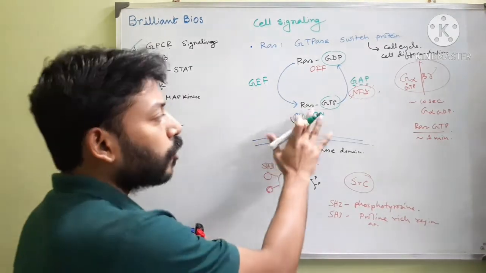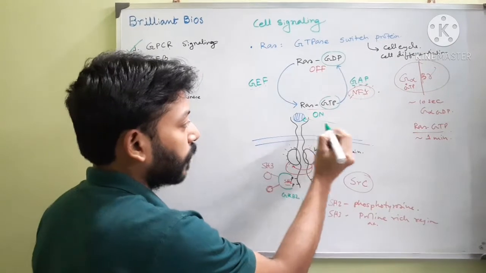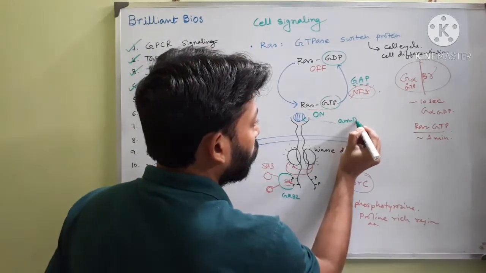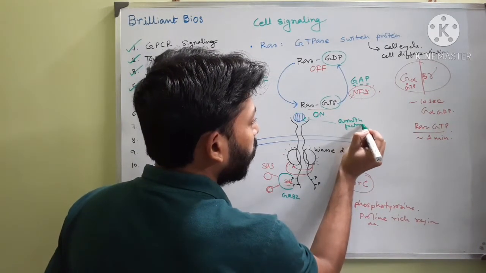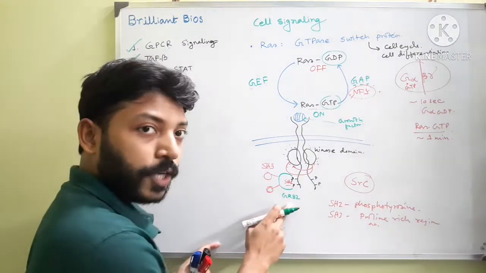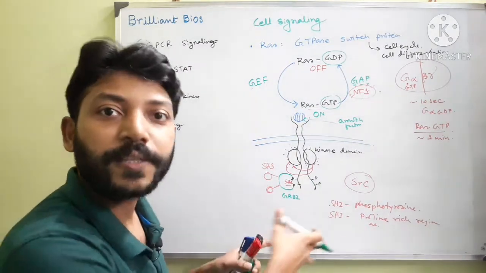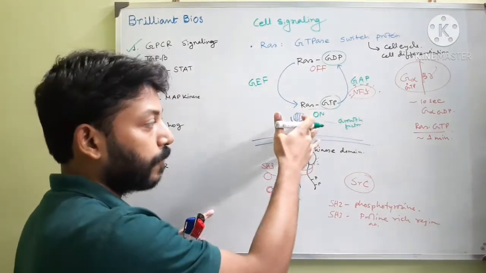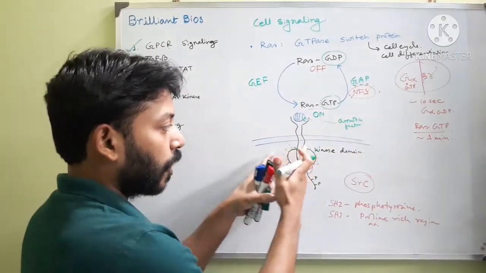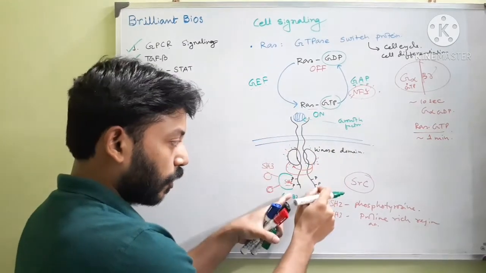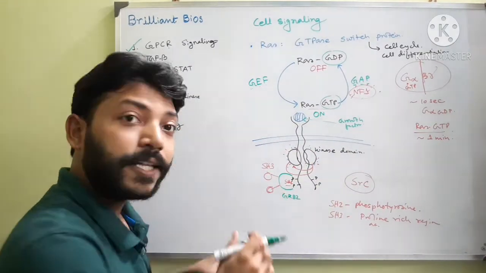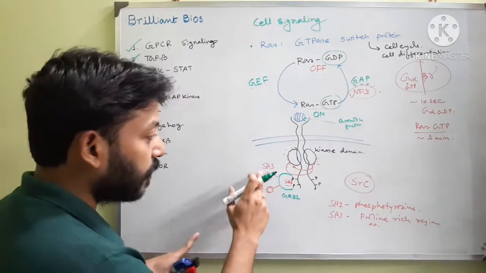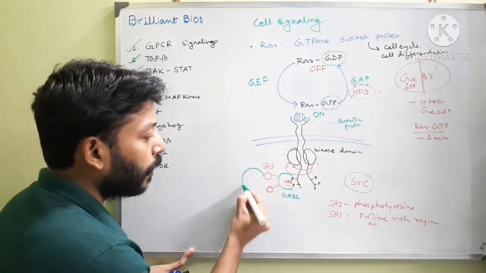Actually, when there is no ligand, no growth factor, GRB2 and all the remaining proteins remain in the cytosol. Okay, they are not concentrated. But when this growth factor binds, receptor dimerization occurs, the kinase domain gets activated, then phosphorylation occurs, then GRB2 binds, and then, as GRB2 has the SH3 domain, a protein binds with this